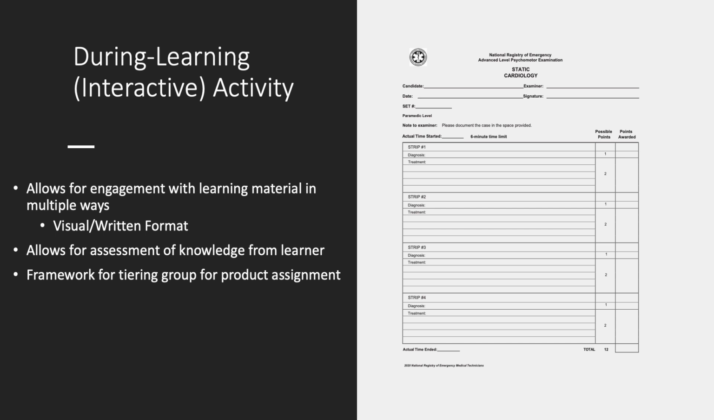This activity was chosen because it allows for engagement with the learning objectives in multiple ways. The student can use visual cues or write out a treatment plan to complete the exercise. To allow for the student to engage with the information in multiple ways, the patient information is provided verbally or in written format. Additionally, the preference on this activity will allow the instructor to group the class appropriately to tier